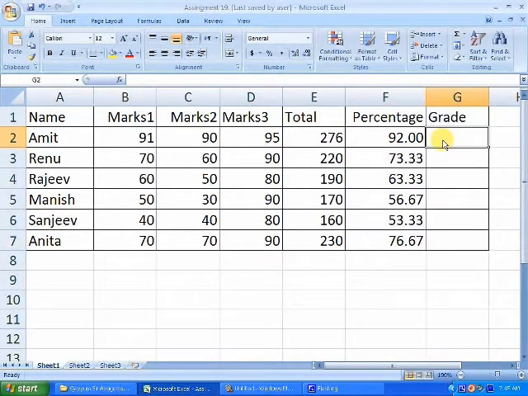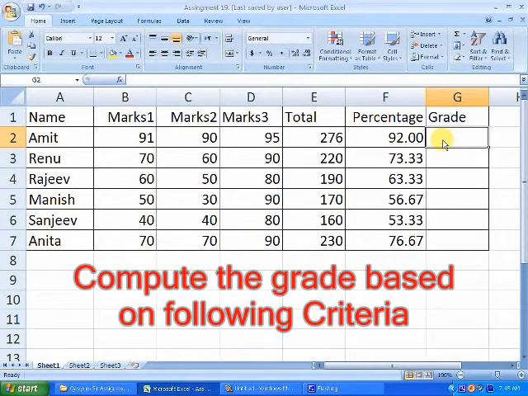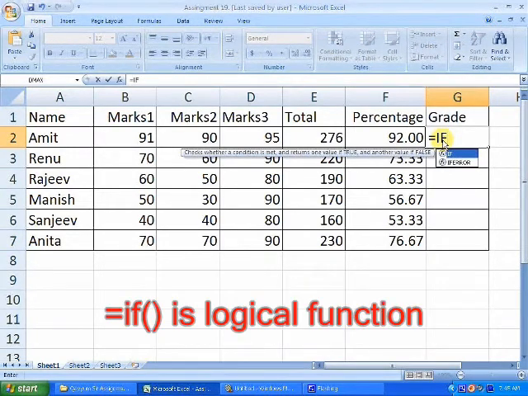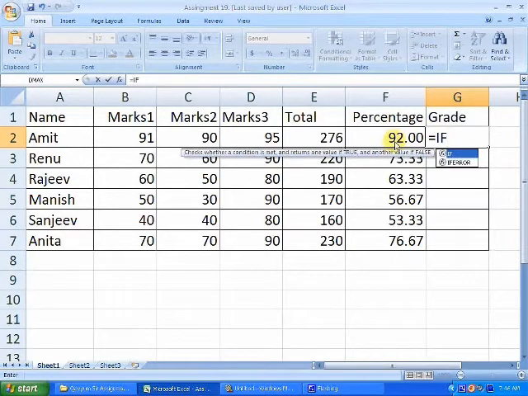Now comes the big question of finding the grade. To find the grade, the formula we are using is equal to IF, and then this function, it is not a formula, it is a function. It will find out the grade depending on the percentage.